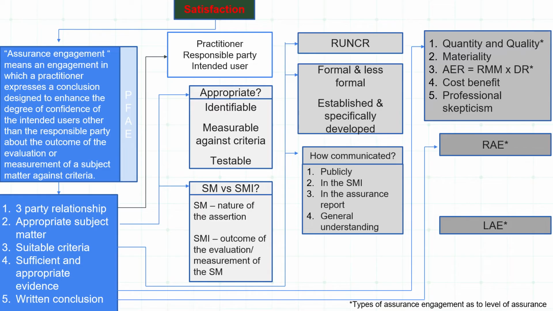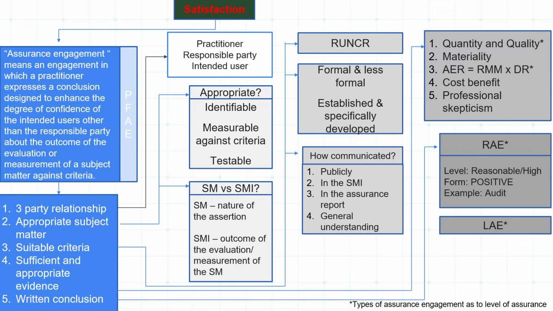Just to give us a preview of the difference between these two, we will talk about a reasonable assurance engagement. This gives a reasonable or high level. Take note that when we talk about a high level of assurance, that still means reasonable. In assurance engagements, it is not possible to give absolute assurance. The highest level we can give is a reasonable level of assurance. The form of the conclusion for a reasonable assurance engagement is a positive conclusion, and a perfect example of this